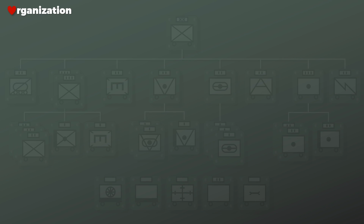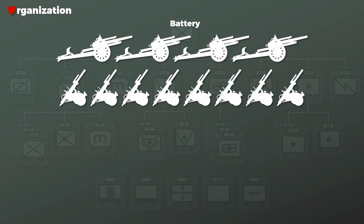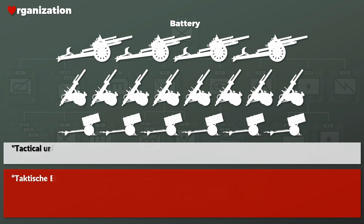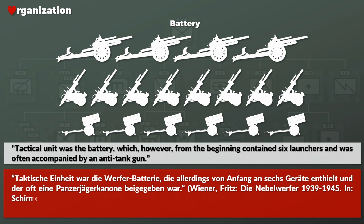In terms of organization, the basic unit was the battery. Regular artillery batteries in early war usually contained 4 guns. But for the Nebelwerfer it gets interesting. The early batteries, which had the 10 cm mortars, had 8 mortars per battery. Although later batteries, like those of the 21 cm or 28/32 cm Nebelwerfer, had 6 werfers per battery. Yet there's another interesting aspect. One source noted, "tactical unit was the battery, which however from the beginning contained 6 launchers and was often accompanied